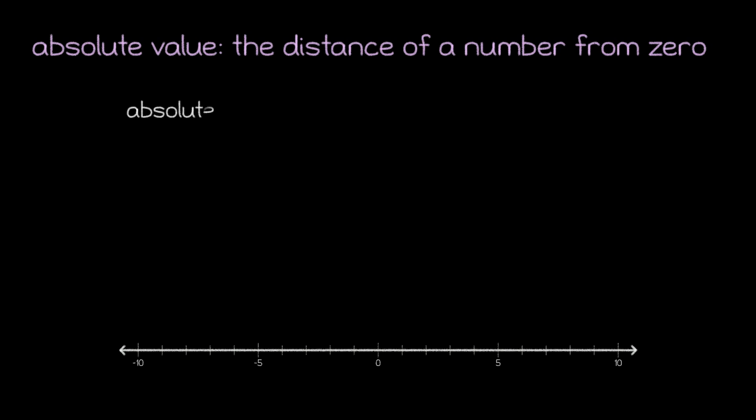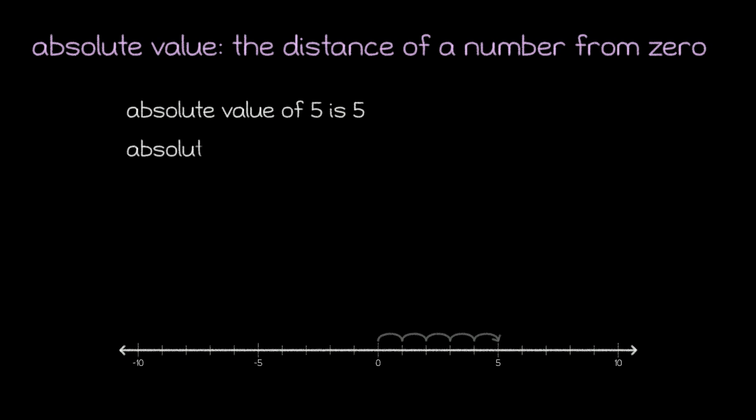To make the absolute value a bit more formal, let's define the absolute value of a number as the distance of that number from 0. For positive numbers, this is really easy. The distance from 0 is just the number itself. Take 5, for example. If we look at the number line and count out the distance from 0 to 5, we get a distance of 5.